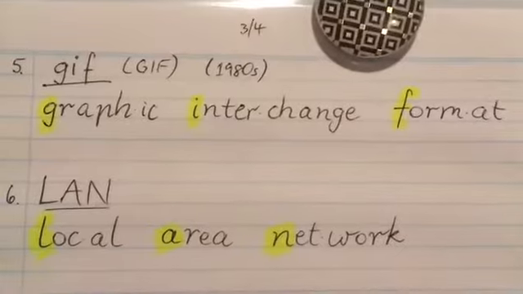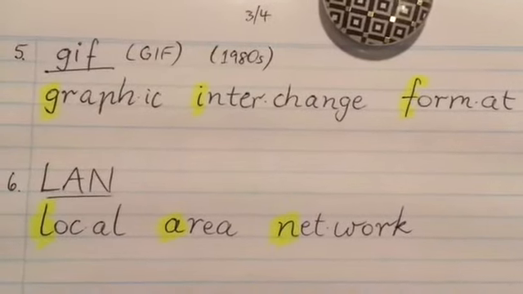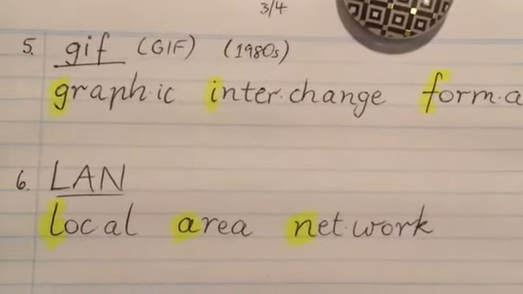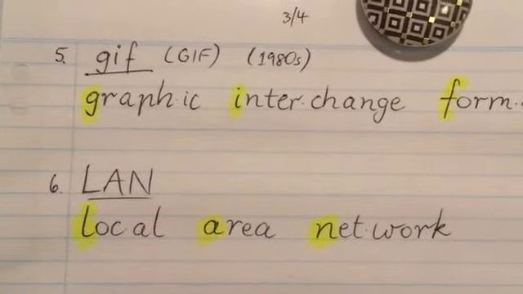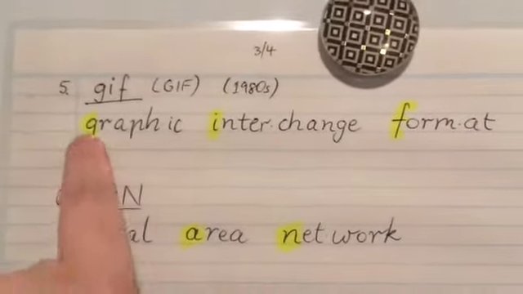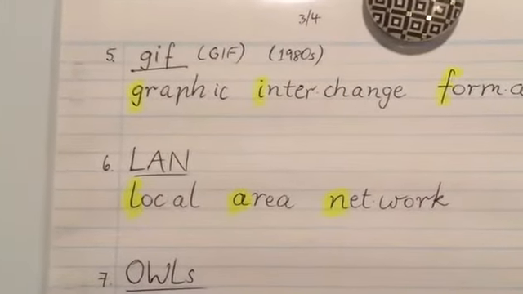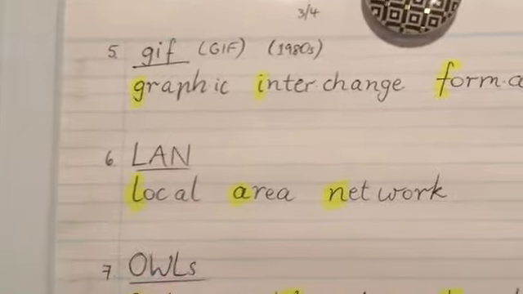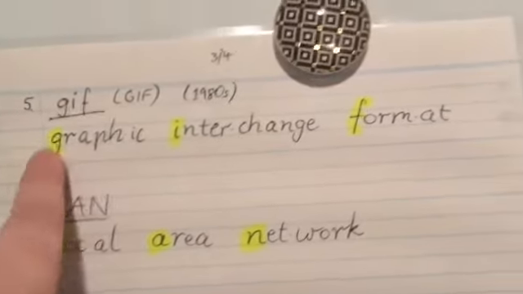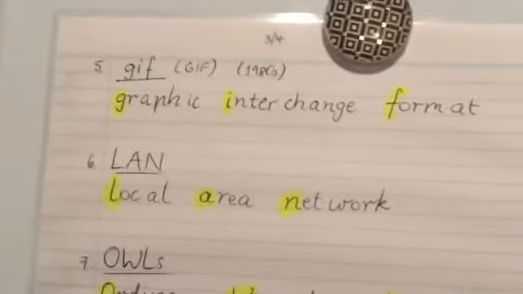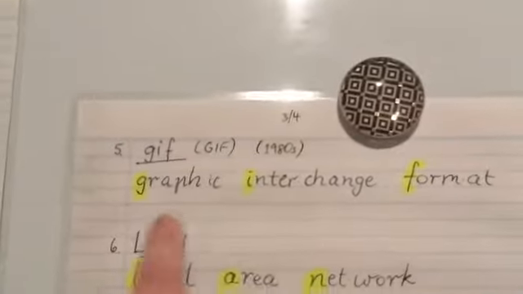Now we've got some computer-specific ones. So we've got GIF from the 1980s, and I think everyone spells that with a lowercase g now. It stands for Graphic Interchange Format, GIF. And I reckon everyone knows what a GIF is, but if you said graphic interchange format, I think a lot of people wouldn't have a clue what you were talking about, and I had to look it up because I couldn't remember what all the words stood for.